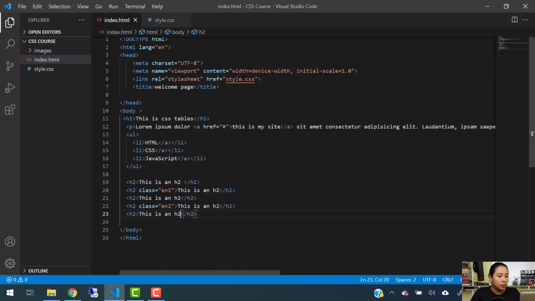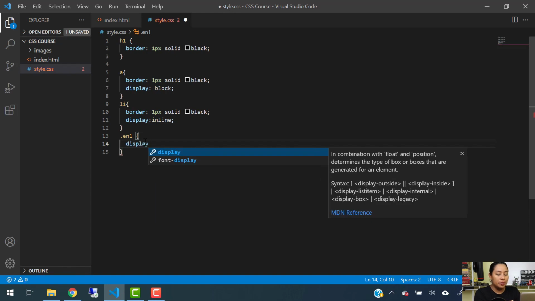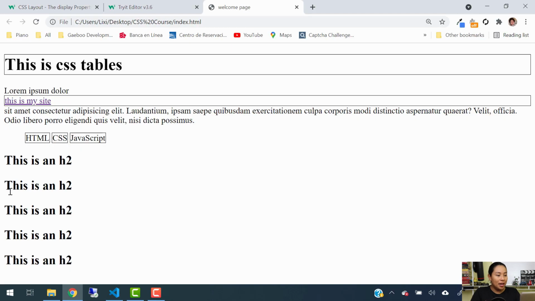So the first thing we're going to do is apply to the H2 with a class of example number 1. We're going to call example number 1 here, sample number 1. And we're going to set the display for this to none. Okay. Now, I want you to see how this is going to disappear as soon as I hit refresh. If I hit refresh, boom. You see, well, to show you the example, because now you are thinking that the one disappearing is the last one just because we have the same